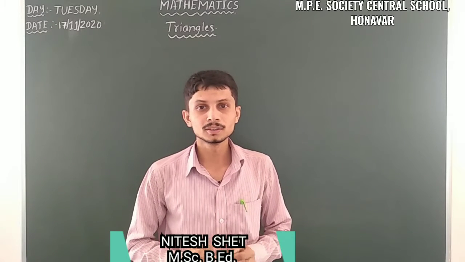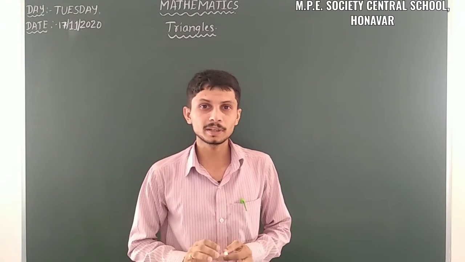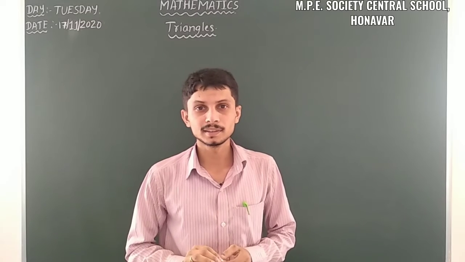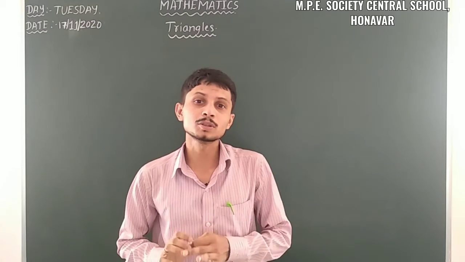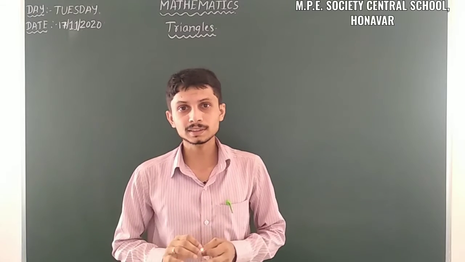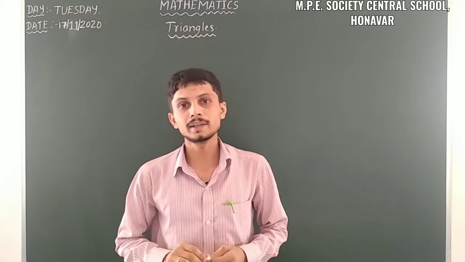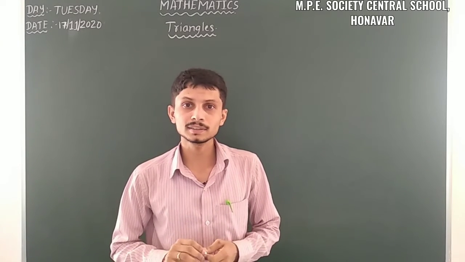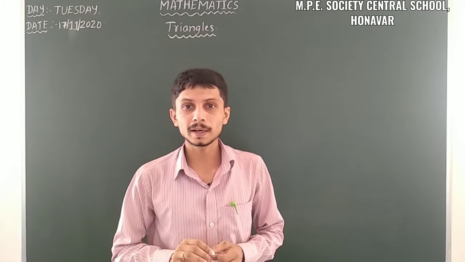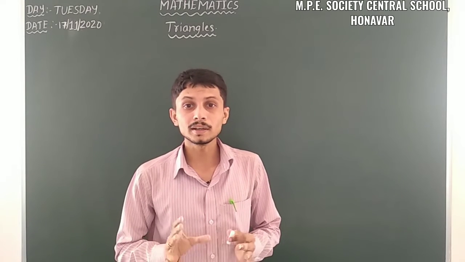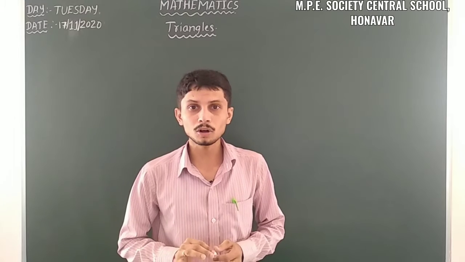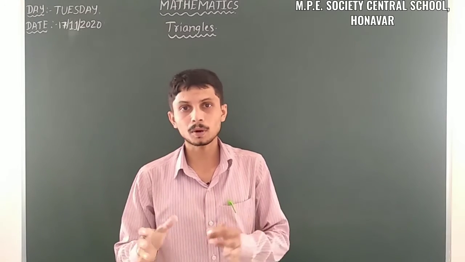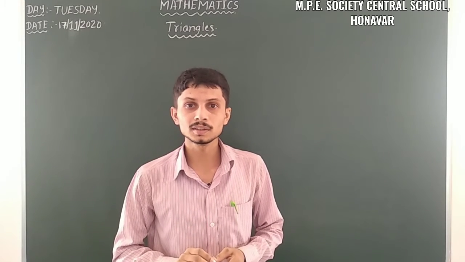I am from Mannavara. So last class we discussed a topic from 10th standard, that is triangles. In triangles we already discussed what is meant by triangles, the conditions of similarity of triangles, also the similarity criteria and the area of similar triangles. So we are discussing the Pythagoras theorem. Let us come to the last part of this Pythagoras theorem. Here we have to solve some more problems based on the Pythagoras theorem.